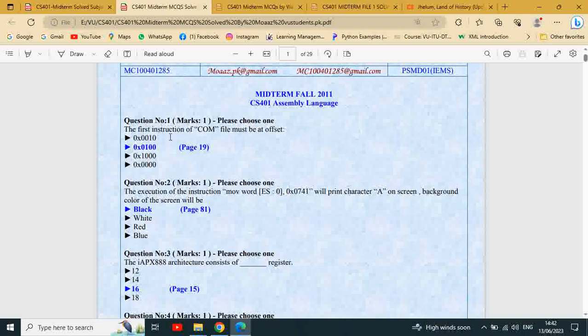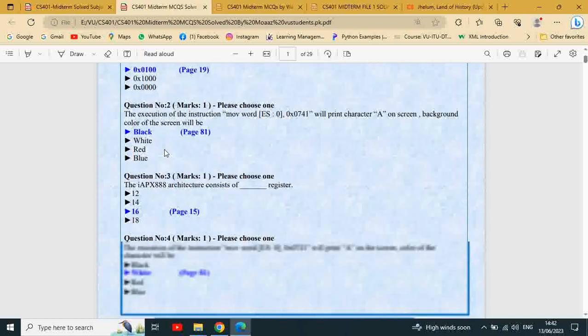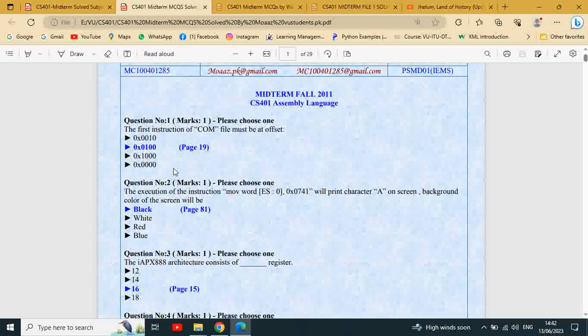तो चलें स्टार्ट करते हैं। फर्स्ट क्वेश्चन है, the first instruction of COM file must be at offset 0x0100। ये पेज नंबर 19 से आप वेरीफाई कर सकते हैं।